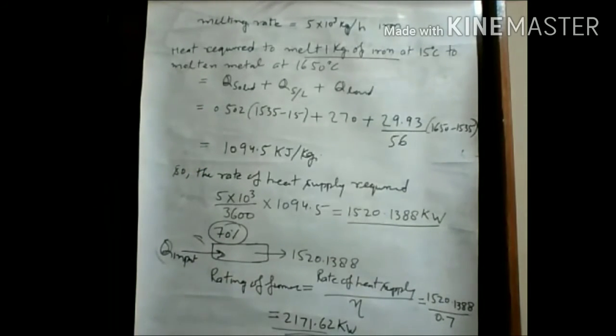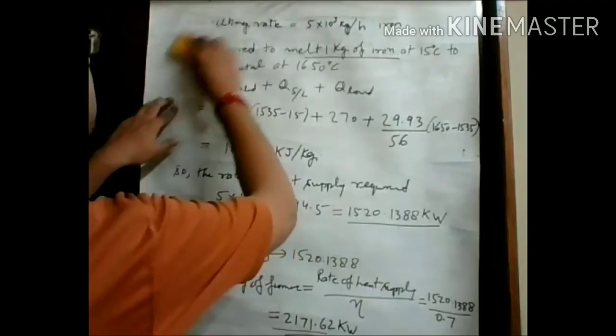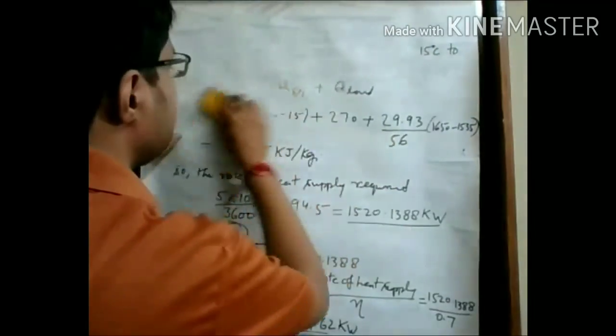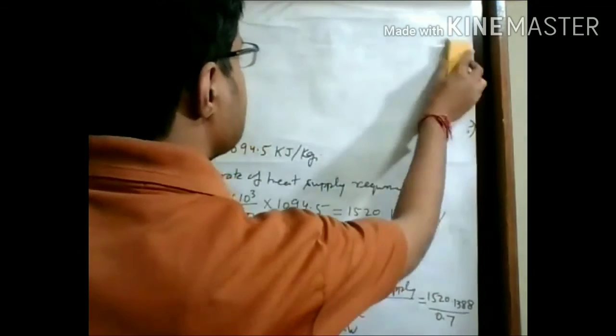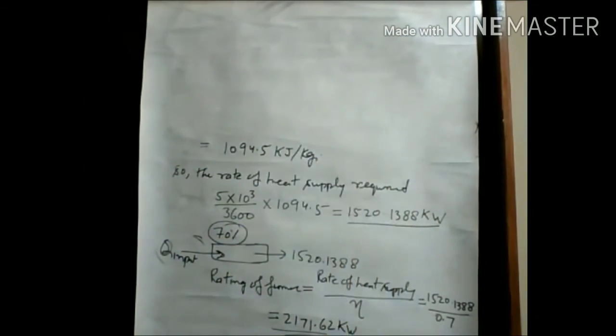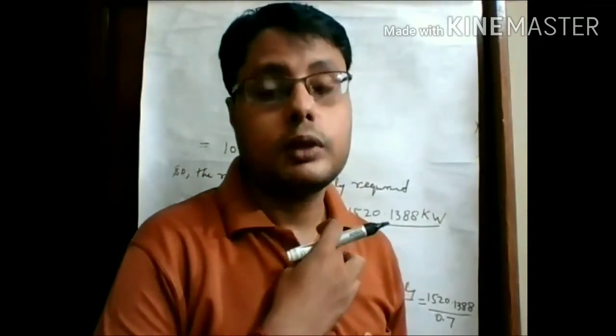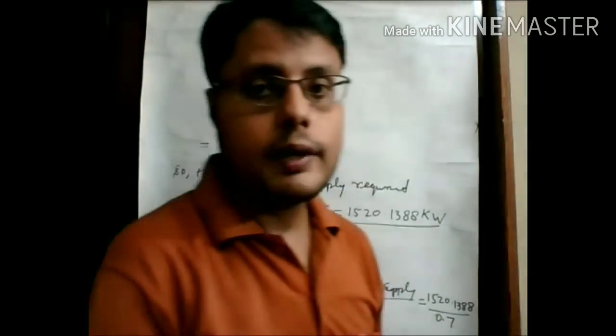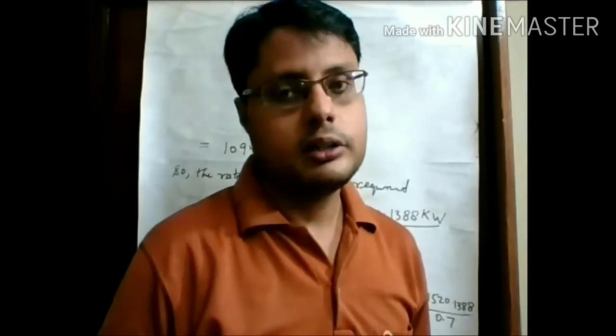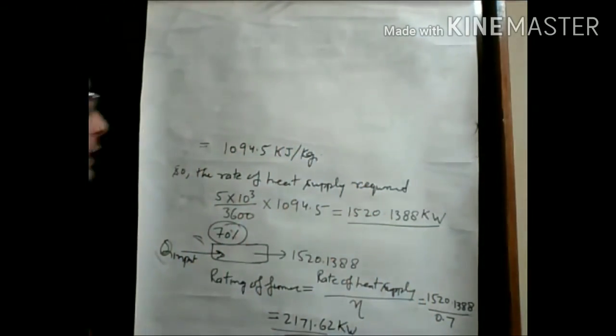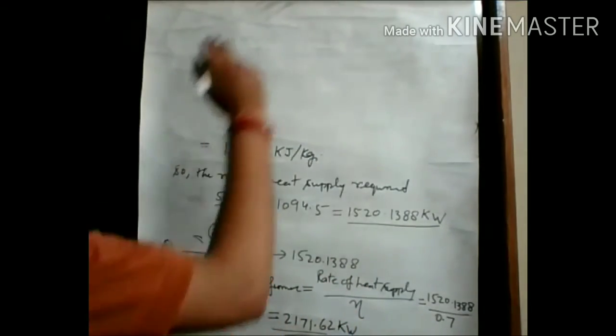Now the question is, what is the bath volume needed? I remove this first part. The last part is given as: the question is asking what is the length and the diameter of the bath in which this melting phenomenon is happening. Here in the problem it is given that the volume